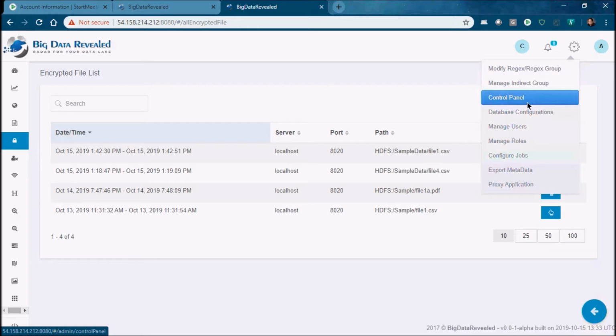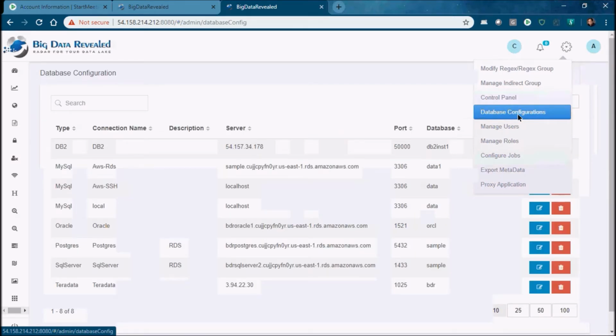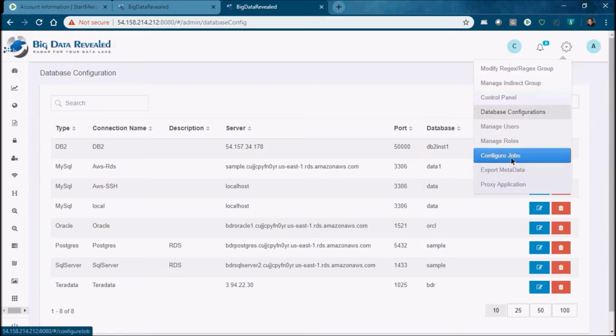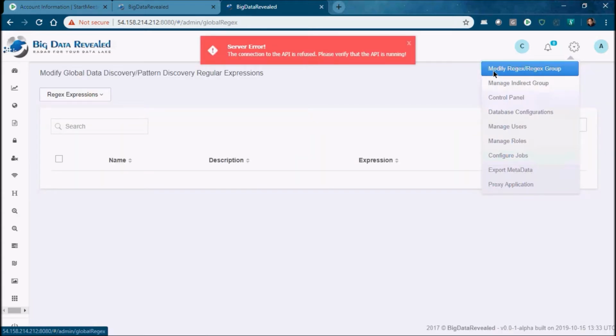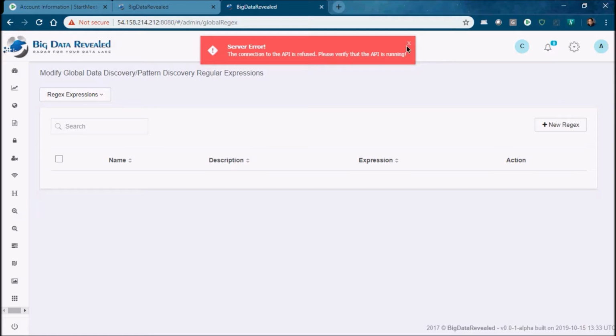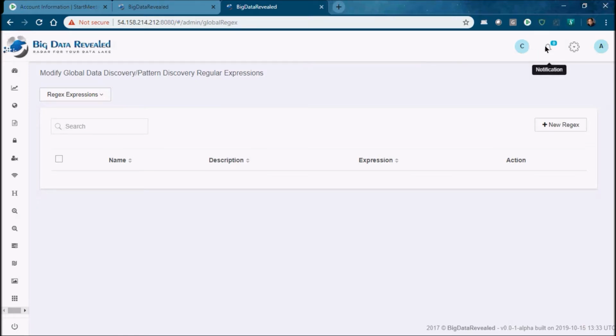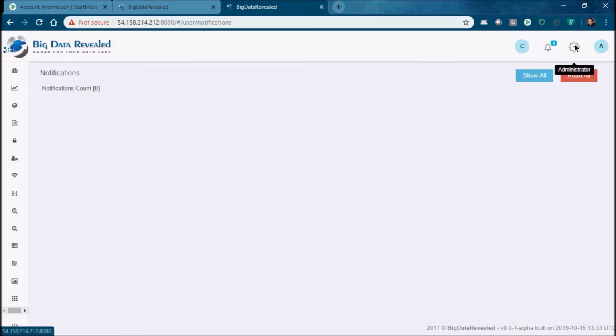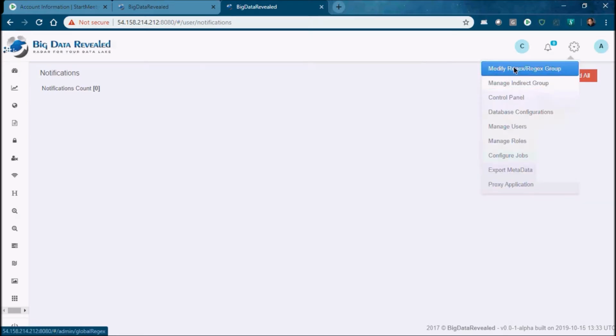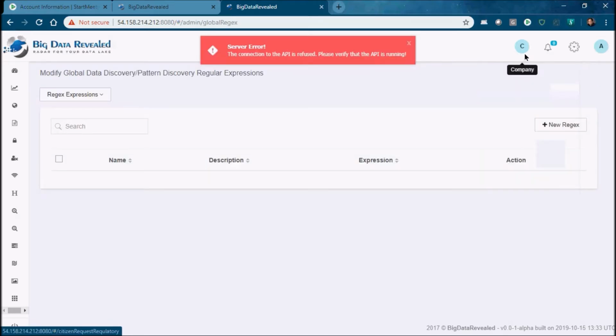We have a control panel for Kerberos and other security and communications, your database communications for your DBAs to set up your DB2, Oracle, SQL Server, Postgres, manage your users, export of your metadata, your proxy application, your regular expressions engine, which we should have shown you, and a slew of other